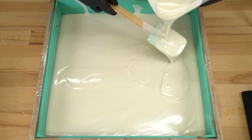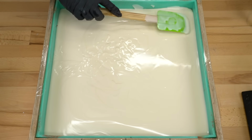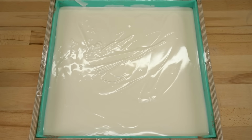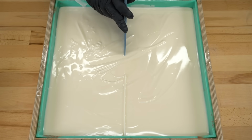Smells so pretty, looks so pretty. I cannot wait to texture this one. All right, let me just tap this real quick all along the sides. Okay, so for this next part, I am going to go ahead and mark exactly where my loaves are going